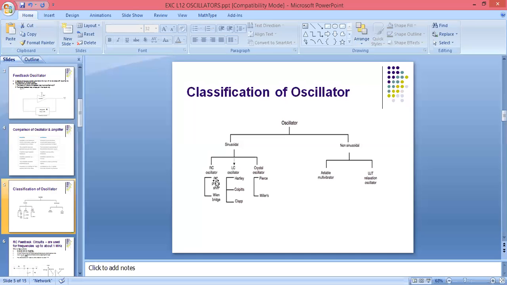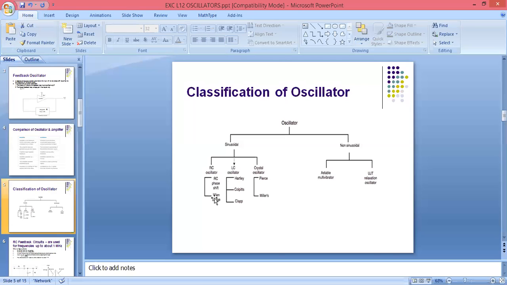Phase shift. Means what? Here if you are using an RC network, it will produce a phase shift of 180 degrees. But what we have to do? Here we need a phase shift of 360 or 0 degrees. तो हमें जो 180 फेज शिफ्ट मिल रहा है तो हमें उसको क्या करना होगा? When we give that response to the input, at that time again if you add a 180 degree phase shift, तो 180 plus 180 क्या हो जाएगा? 360, and you will follow the Barkhausen criteria.